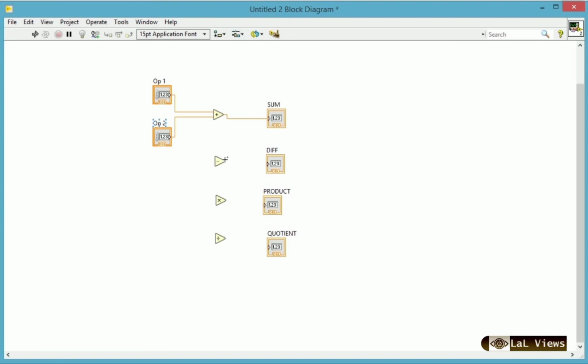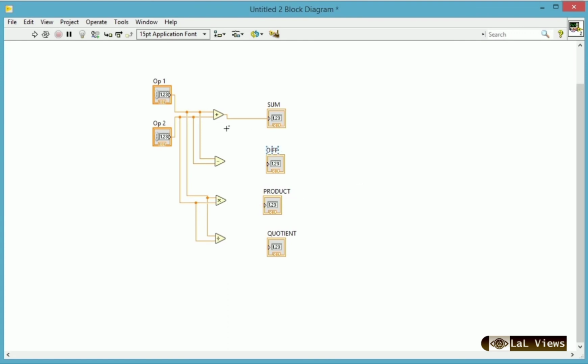So each of these functions has 2 inputs and 1 output. So I am connecting the corresponding input terminals to the operands. You can simply connect the terminals using the wire. You can also connect to the nearby input also. It's not needed to directly connect to the operands. You can connect like this also.